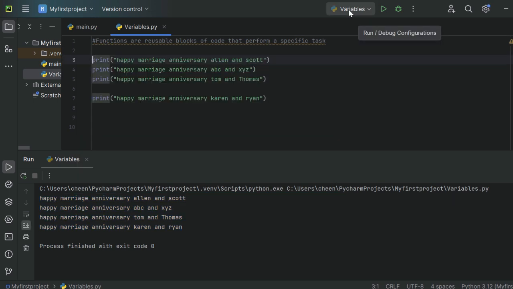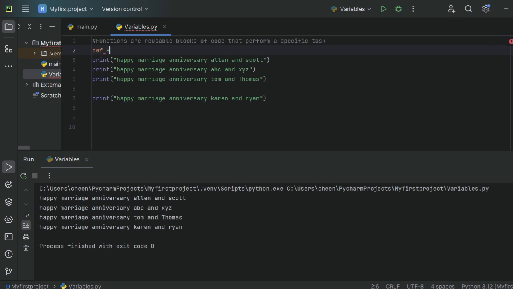Now I want to put this code inside a method or function and reuse it rather than writing it again and again. I should enclose it in a method and I can reuse it. And it will enhance the readability of my code. I'll tell you how to make a method. So here we'll write def, then the name of the method. So I'm naming it happy_anniversary